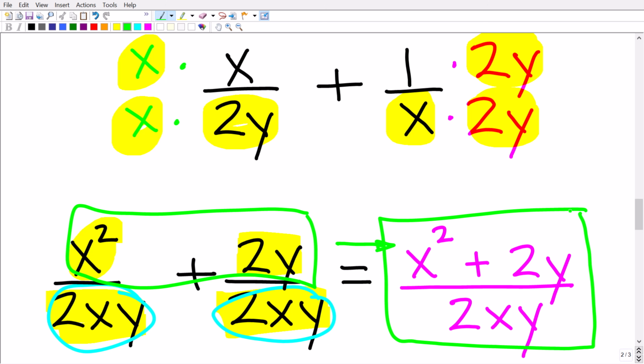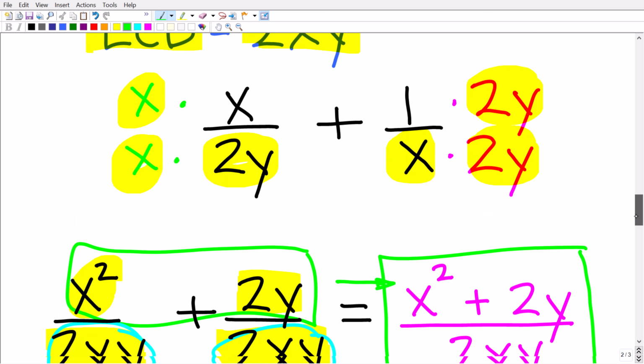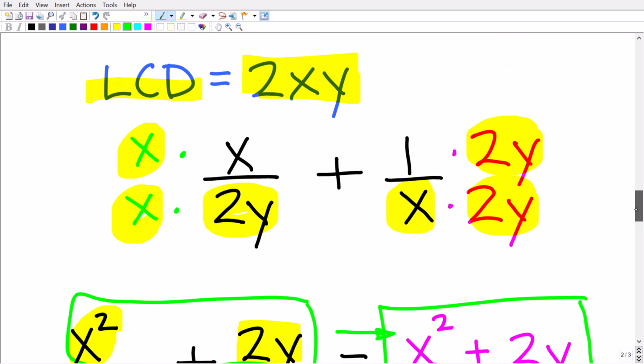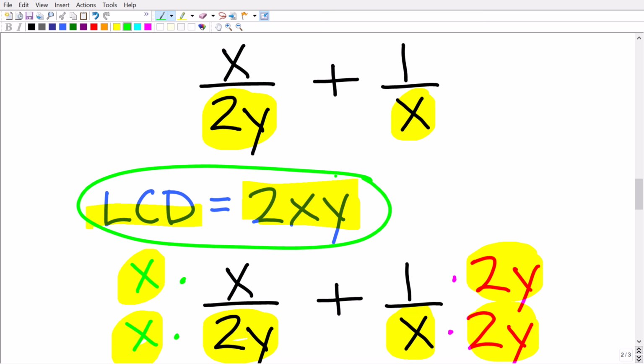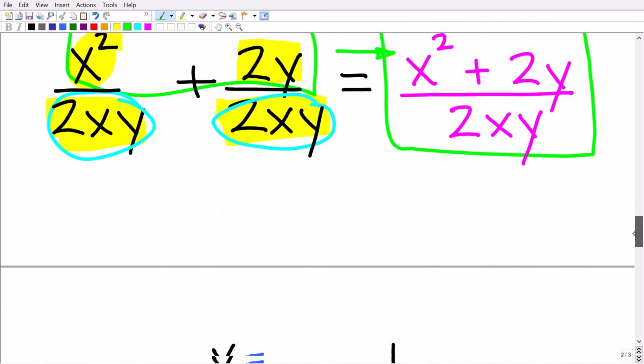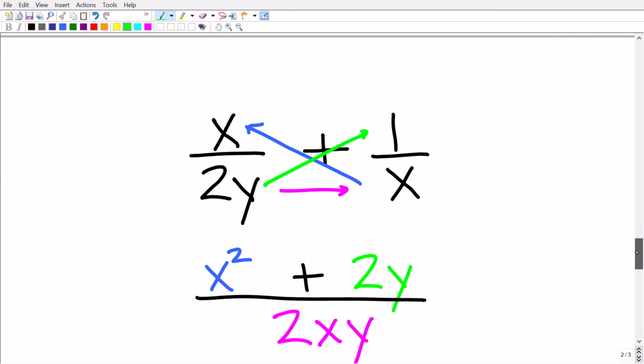And if your child got this, that is fantastic. You can see that this does take a little bit of work, and this is a very easy problem. And again, finding the lowest common denominator when you have two or more rational expressions could be a little bit complex. But let's take a look at this bow tie method and see exactly how easy it is